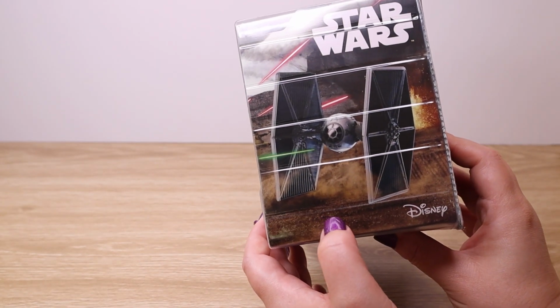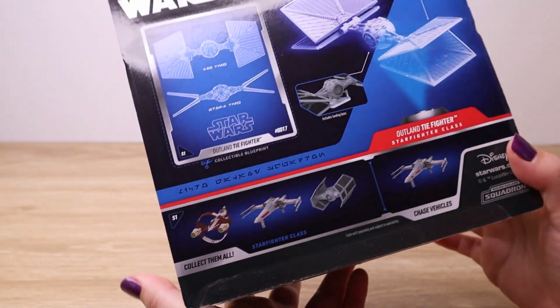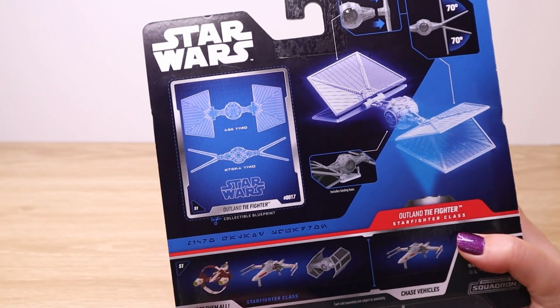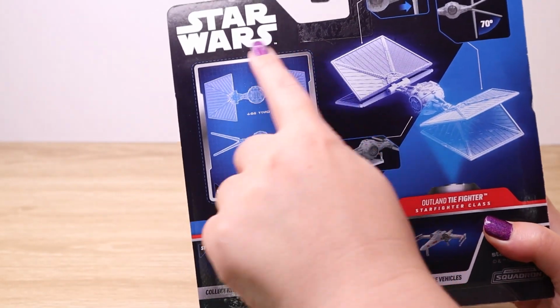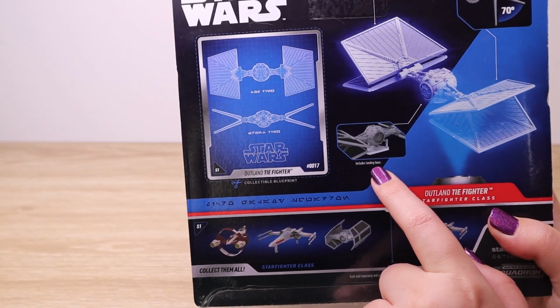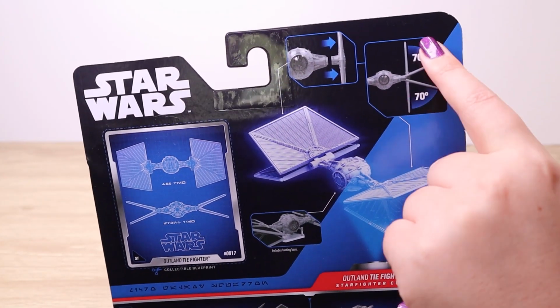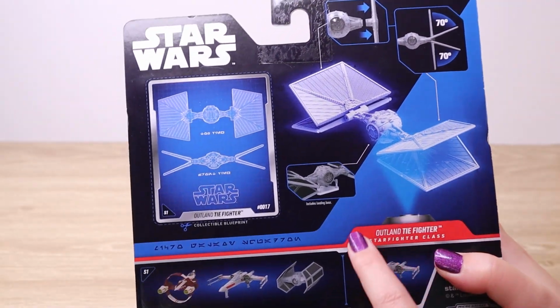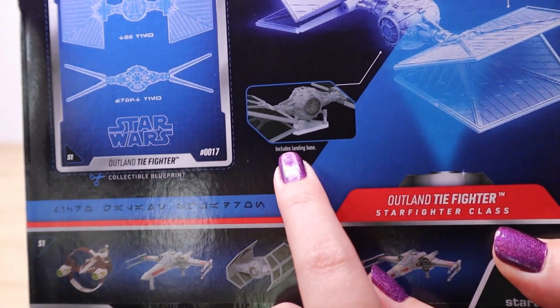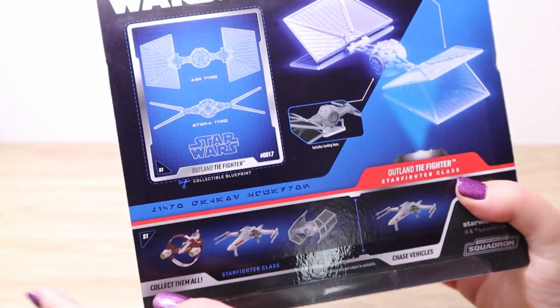So got some cool TIE Fighter artwork there on the side. And taking a look here at the back, we've got the little collectible blueprint that you can cut out of the backing card if you want. A little bit of a description here, showing how the wings fold. Nice little graphic there. It says that this one includes the landing base,